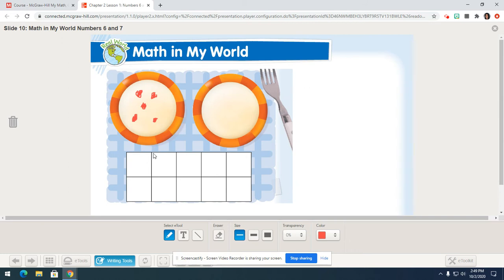Let's color in 5 boxes. Remember, when we color in our boxes, I want to hear you counting. 1, 2, 3, 4, 5. Excellent. Go ahead, grab your pencil,